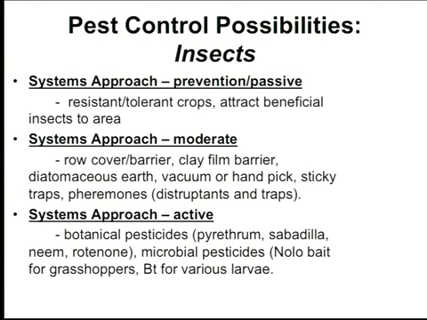The moderate one is that you take some action. And the third one, the systemic approach, is the active one, where you hit the problem with a hammer: pesticides, botanical pesticides, because we don't recommend chemical insecticides in this class, as we want to promote an organic approach. But there are people that use botanical insecticides.